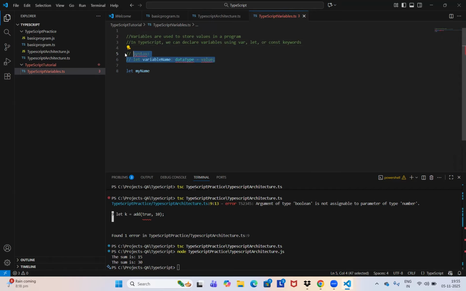I will just add a comment. See, syntax, how it is defined. In TypeScript we can declare the variables using var, let or const keywords. So let is a keyword, then a variable name we are giving, and then the data type. Why is TypeScript more advanced? Because we are mentioning the typing, so that we can find early defects. For each and every variable, we mention the type of the data. Normally we declare like this: let variable